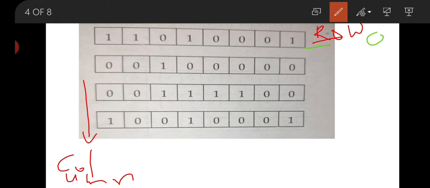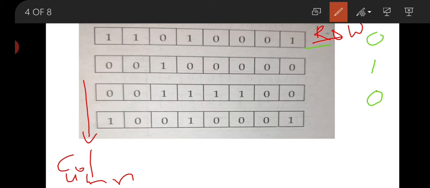Now in the second row, count the ones. Only one 1 is present. That means the number of ones is odd, and we have to make the number of ones even, so our parity bit is 1. Now in the third row, we count 1 2 3 4. The number of ones is already even, so the parity bit will be 0. Now here we count 1 1 1.